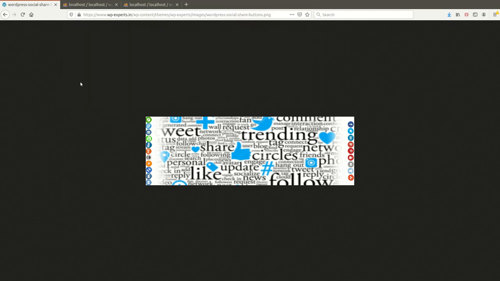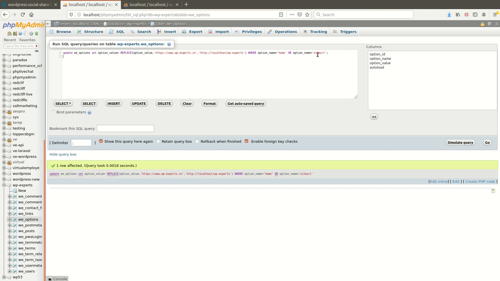Okay, so to fix these issues, we need to update the other table data as well. As you know, all post related information is stored in two tables, postmeta and wp_posts. So we need to update the data values for those tables as well.